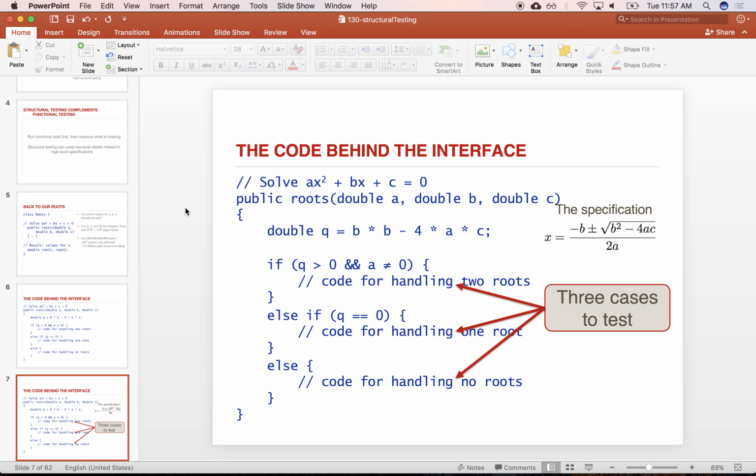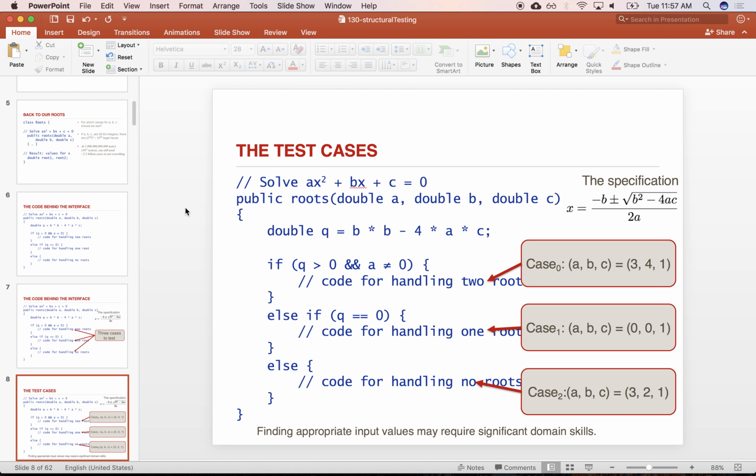So let's consider just one of these. There's three different cases, right? For instance, depending on the combination of a, b, and c, it might be that the code takes us through the first if statement. With another combination, it might take us to the second one, and the third might take us to the default value. Now this is a trivial example, right? But if you could extrapolate, if you consider a very complex example,